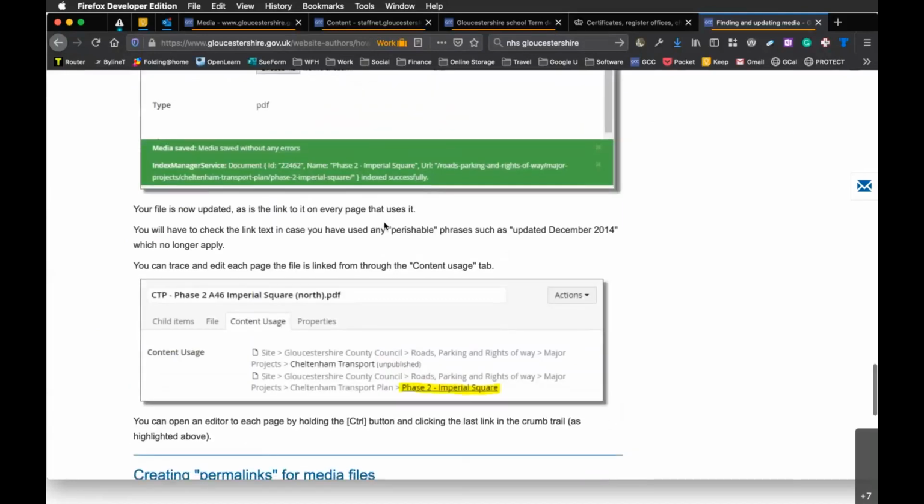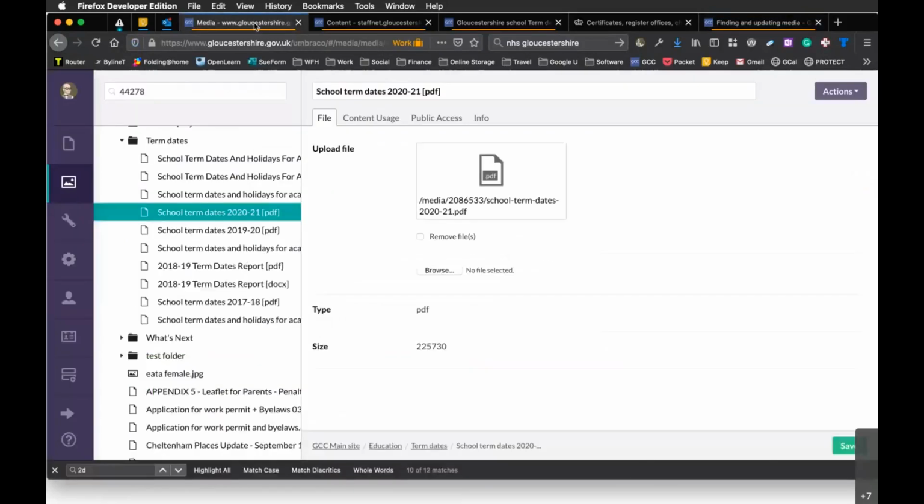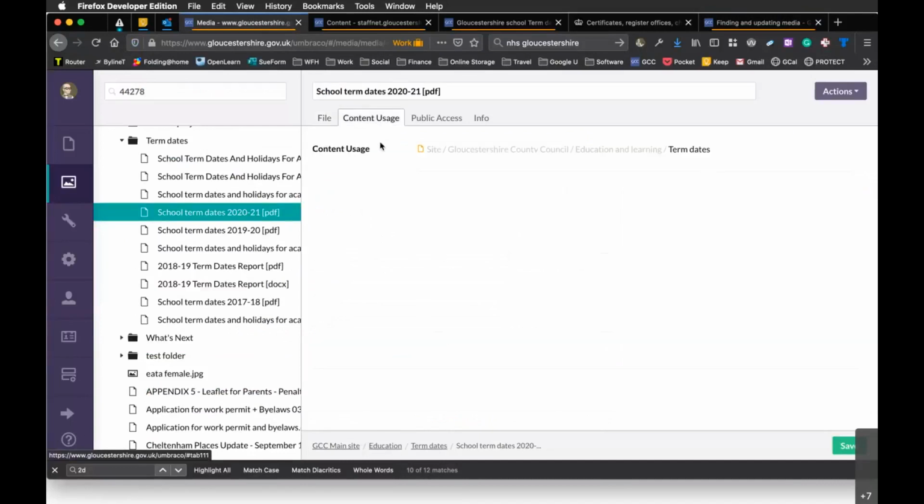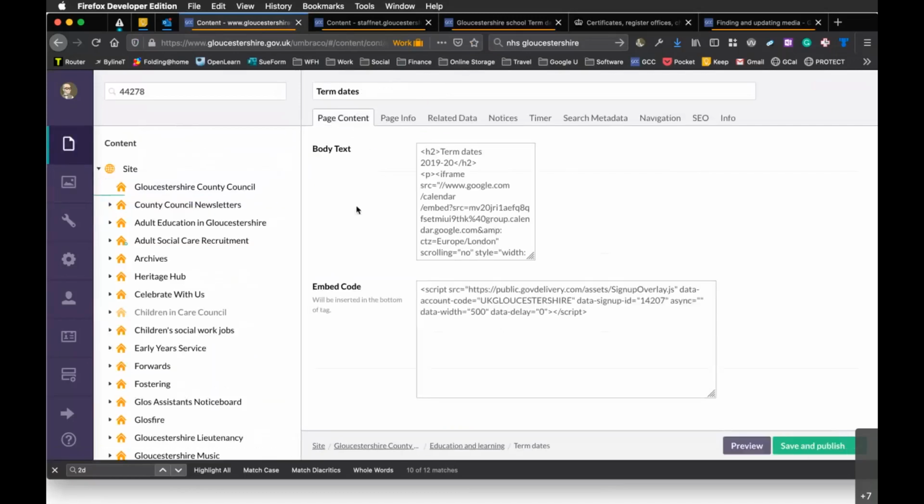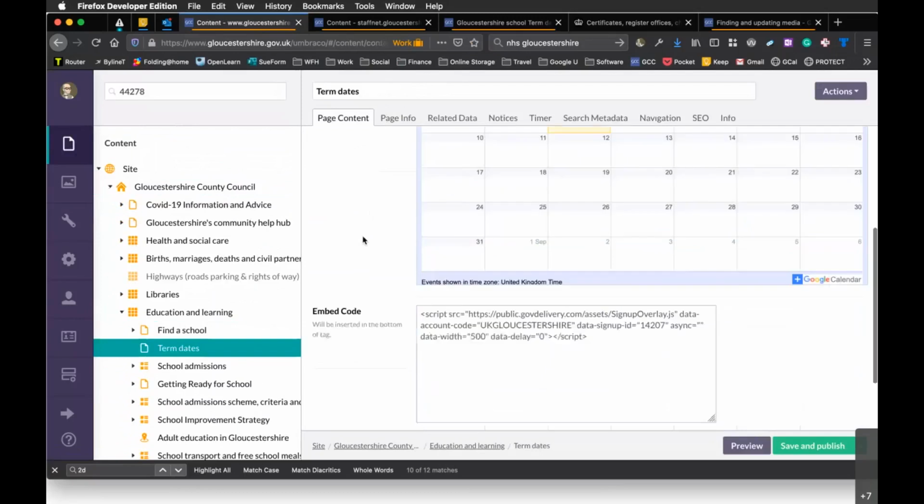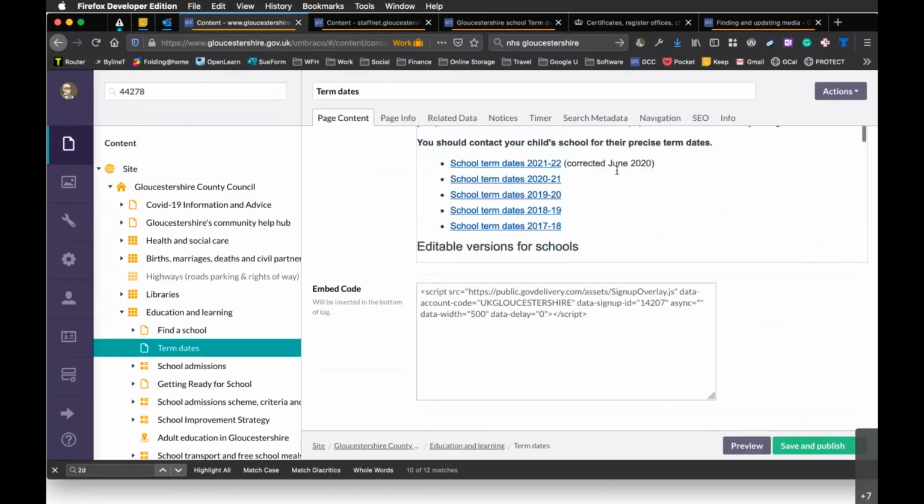Okay. What I didn't cover when I went to update is the content usage bit. In the content usage, the only reason you might need to go and edit anything other than the media item itself is, remember on that term dates page, when I edited that 2021 document, I'd added a bit of text to say it was corrected in June. So it tells you on there,